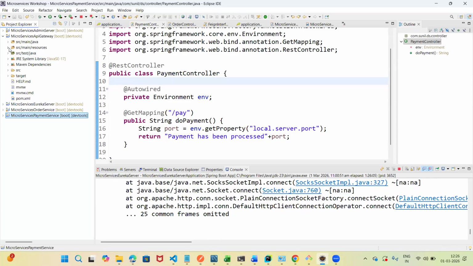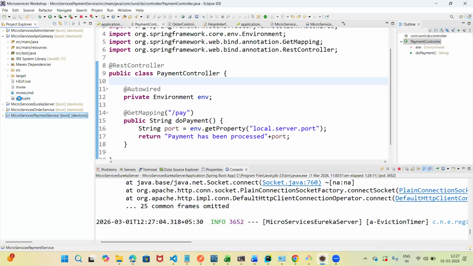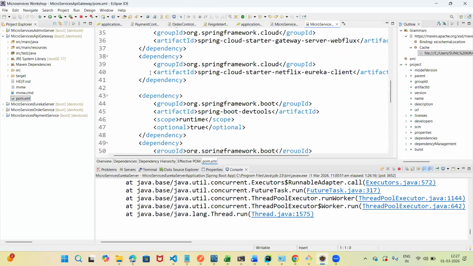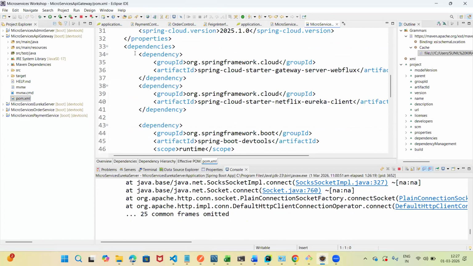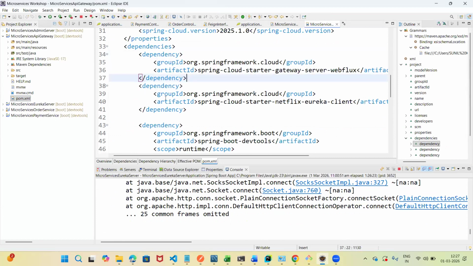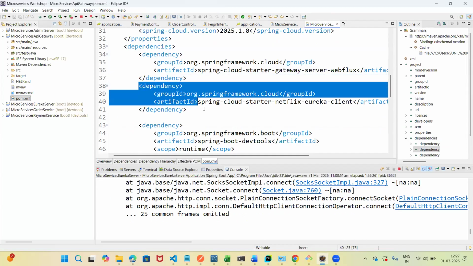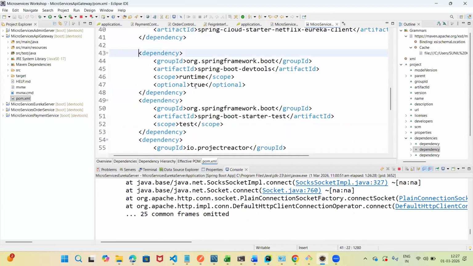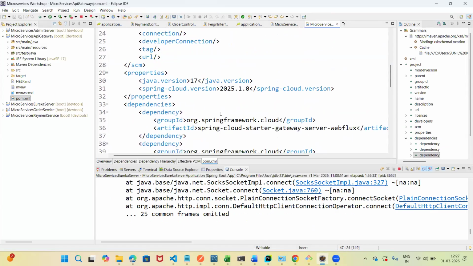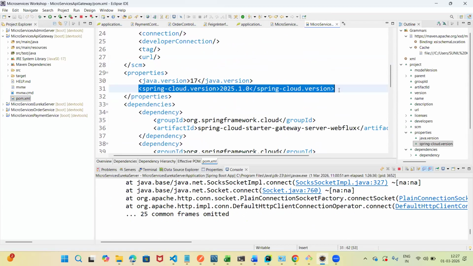Mainly, there is some configuration we should add, guys, in the properties. Let us walk through the POM file first. See here: starter gateway server webflux, then cloud starter Netflix Eureka client, then dev tools. Likewise, guys. See, the cloud version is 2025. Let us go for